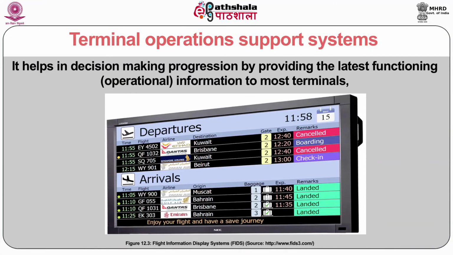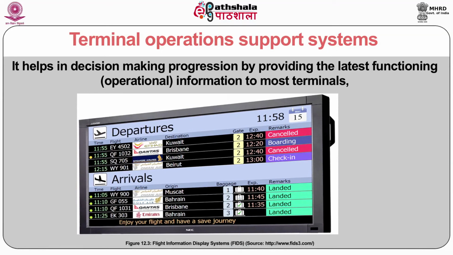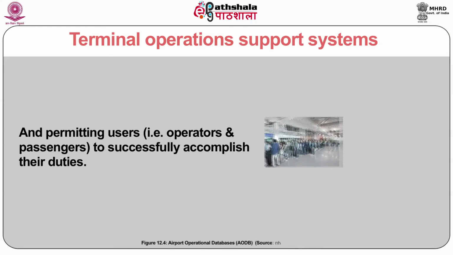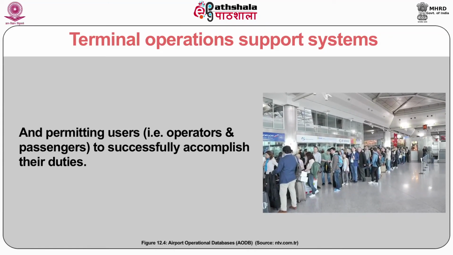Airport operational databases, that is AODB, serve as a central repository and translator for all crucial airport information systems. It streamlines and minimizes data entry, increases operational effectiveness and certifies precise information by cross-referencing data between various systems. The system enhances complete proficiency and performance of operations by providing correct past and real-time airport information. It helps in the decision-making process by providing the latest operating information to most terminals and permitting users, that is operators and passengers, to